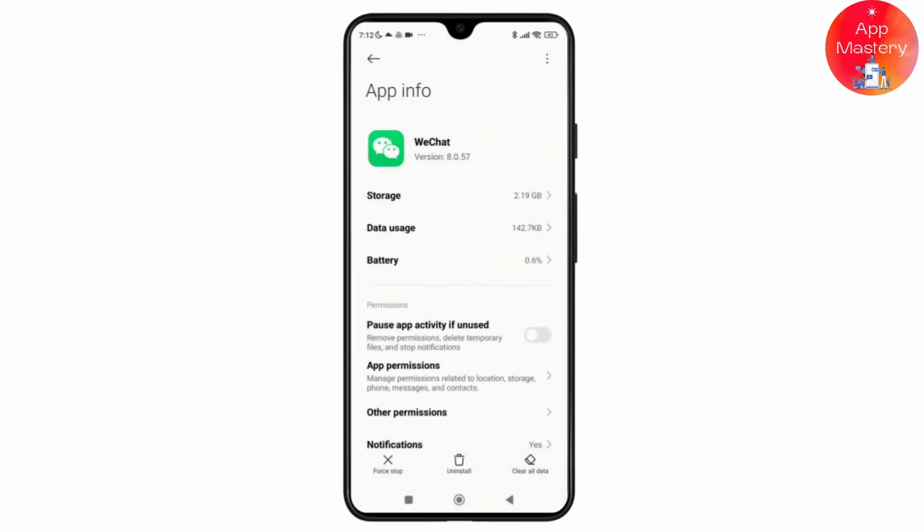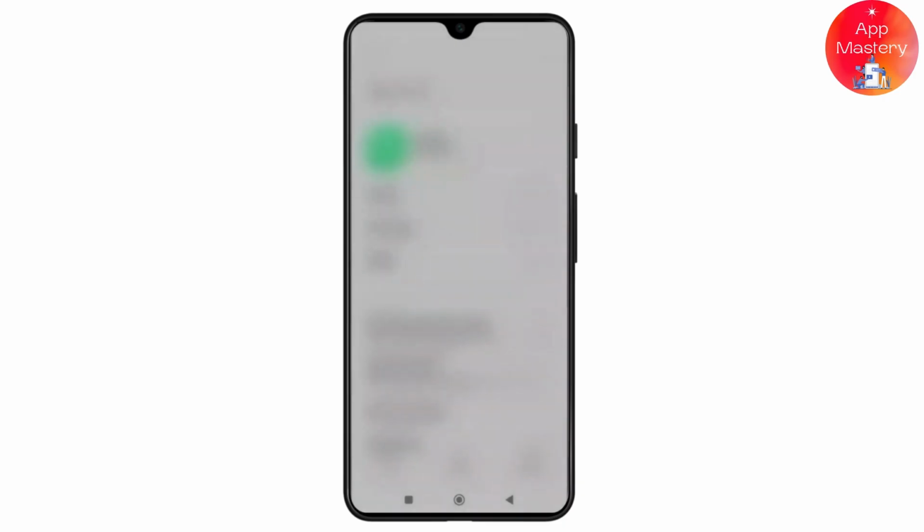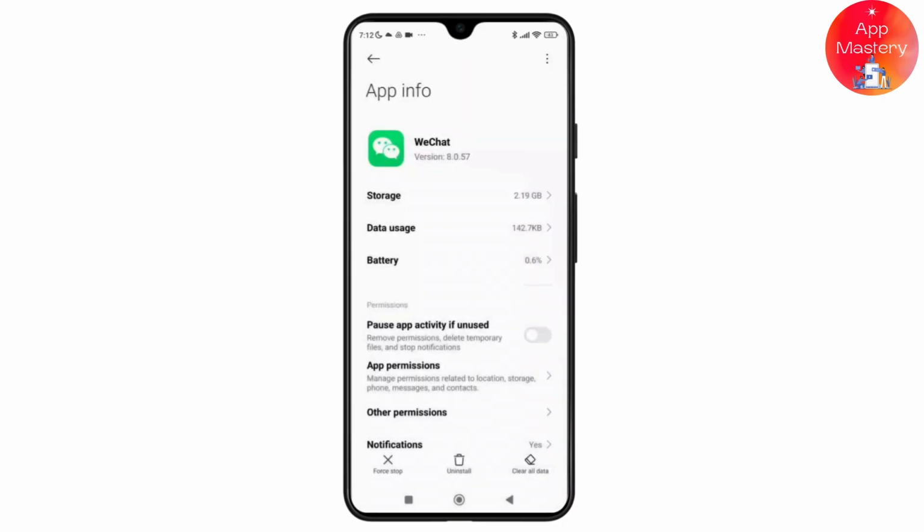And here, once you're done with that, simply check your internet connection to make sure that it's stable. And here, if the internet is fine, open the WeChat app again and it should now connect without any network